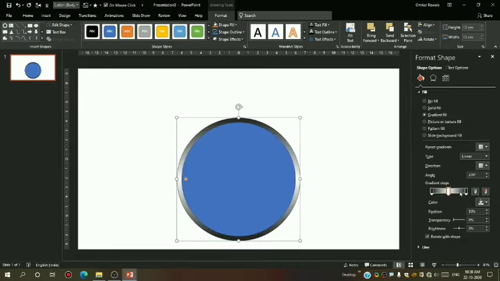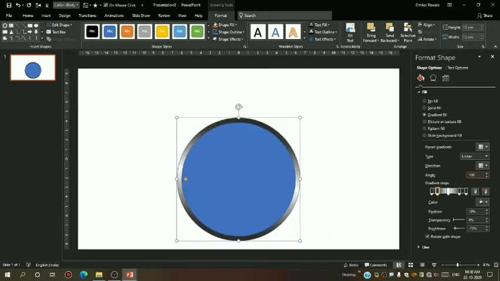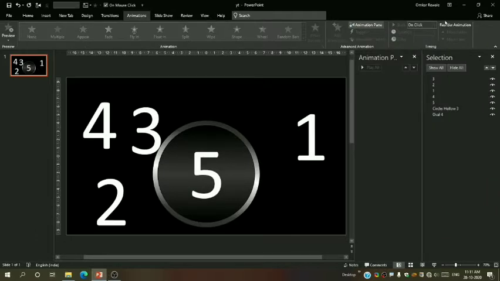I will make another stop here and give the second last color from the gray chart. Same I will make here and give the same color. Now let us make the angle 100 degrees.